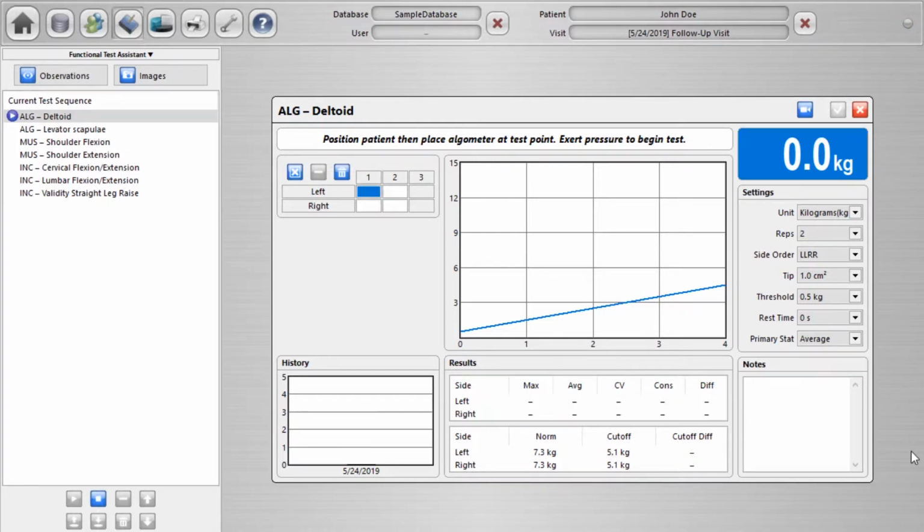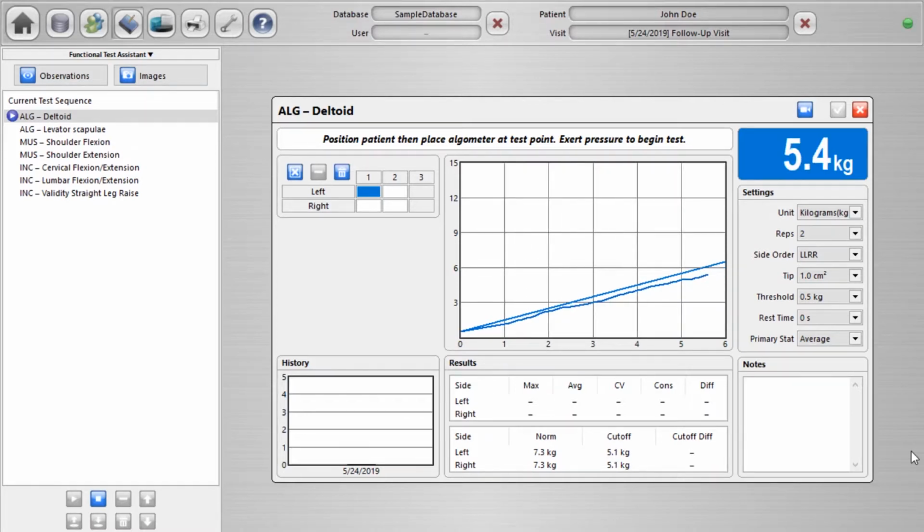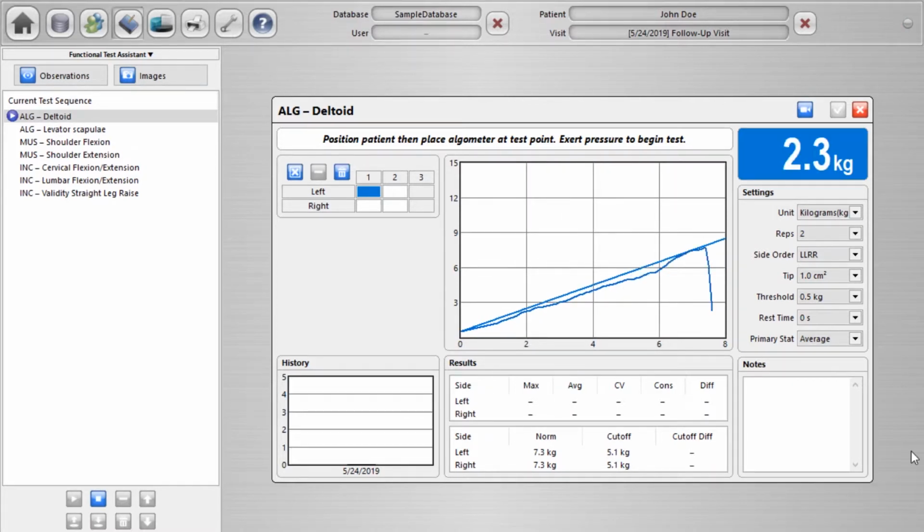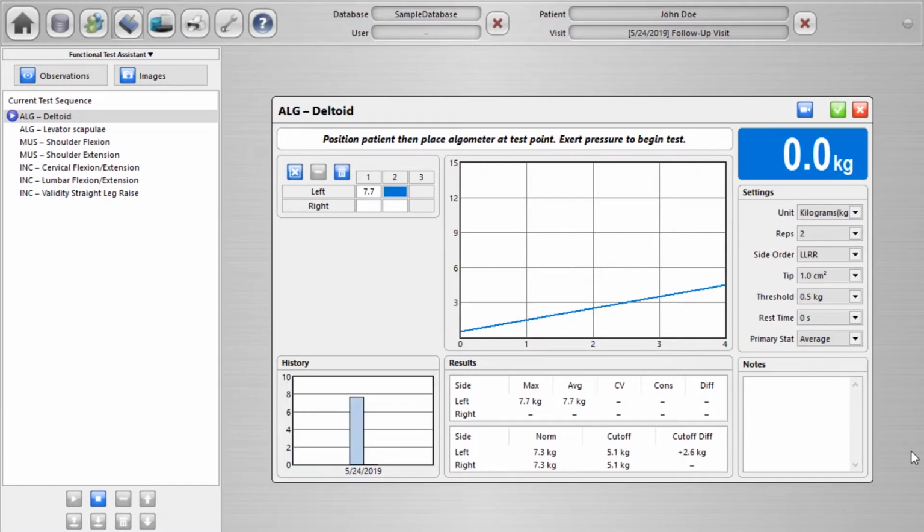So I'm going to go ahead and start applying some force, and I'd like you to look at the graph area in the middle as I start to apply this to the patient's deltoid. We'll go ahead and start to increase force gradually here. And it's a little hard to see, but there's a second blue line that is rising here. And the guideline, when the patient reports